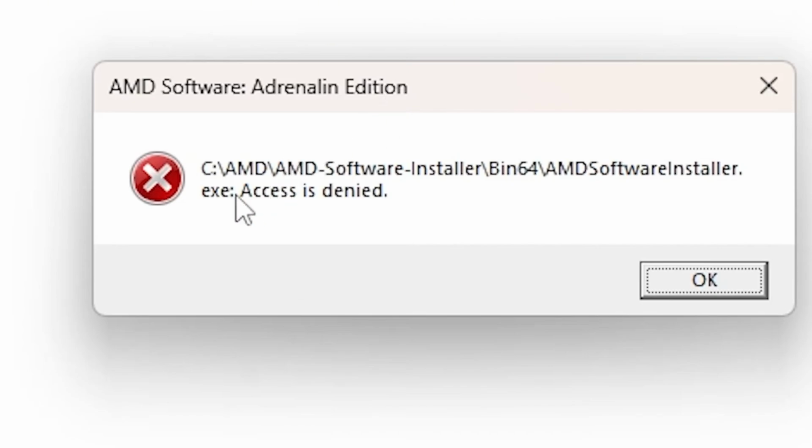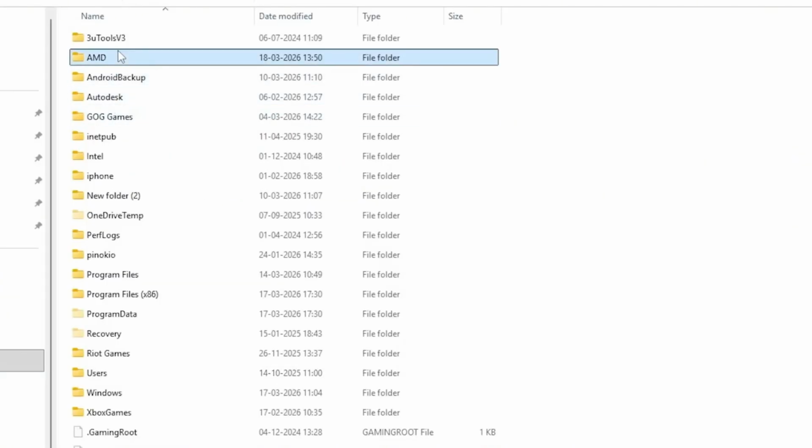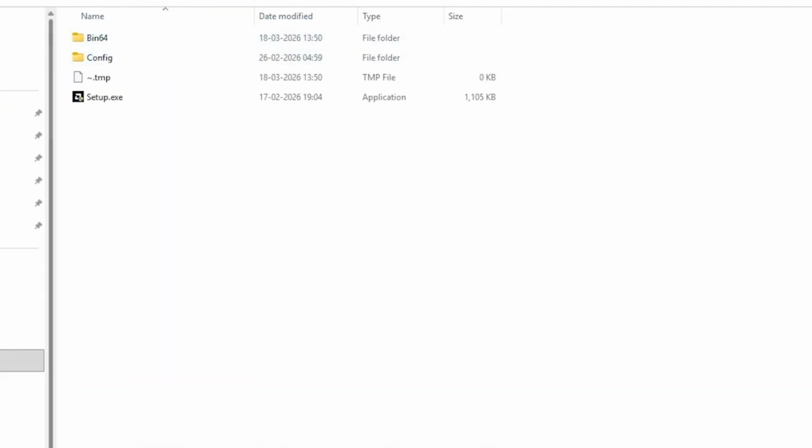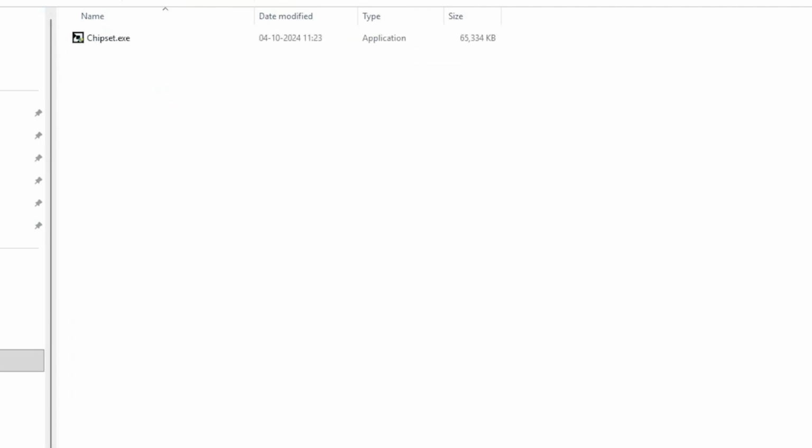What you need to do is go to your local disk C or where your AMD files are stored. And here you will see a folder called AMD. Open it. Inside you will see a lot of files and folders like this, as you can see on the screen. Now what we need to do is delete this entire AMD folder, but when you try to delete it, you